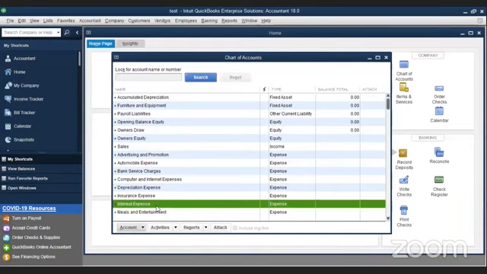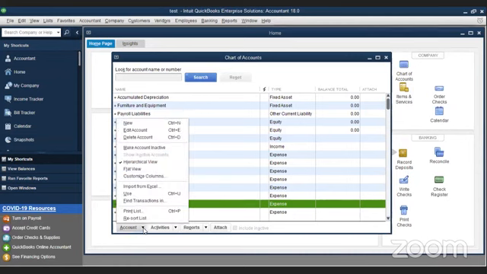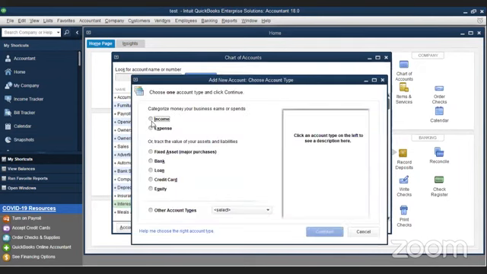So how we are going to create is go to account, and you go to new, and then you will see a window where it will ask for the category. Now here you have to be very careful when you're picking the categories.